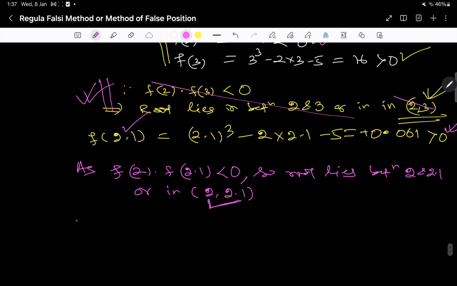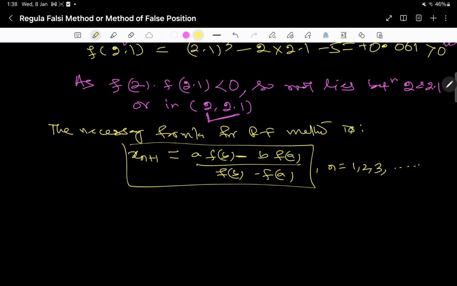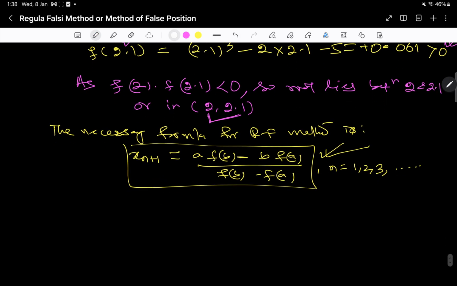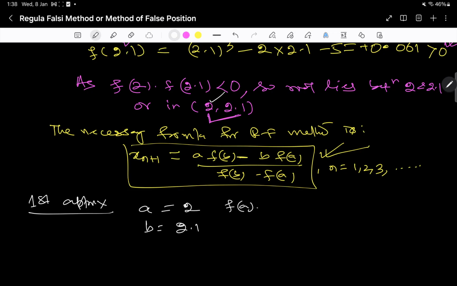Now the necessary formula, we have our necessary formula is this. So now coming to the first step, the first approximation. In the first approximation, a is 2 and b is 2.1. What is f of a? F of 2 we got is minus 1. And what is f of b? F of b is f of 2.1, we just got